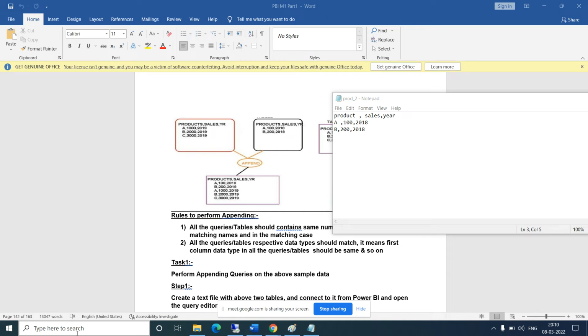So always remember, whenever you want to perform appending, both table structures should be the same. Structure means all the columns from both tables should be the same, and the data type of the columns should be the same. Only then can you do the appending, otherwise it will give an error. But in the case of joining, it isn't required. We only need a key column. Based on the key column we join two or more tables and get the required data. But in the case of appending, it is not so.